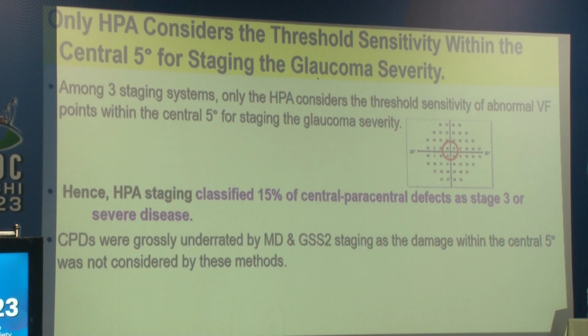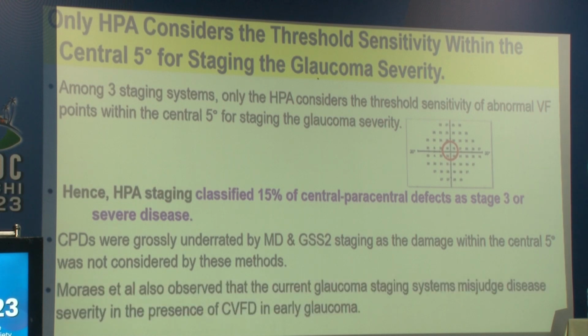Central paracentral defects were grossly underrated by mean deviation staging, and GSS2 staging, as damage within the central 5 degrees was not considered by this method. Mores et al. also observed that the current glaucoma staging system misjudged disease severity in the presence of central